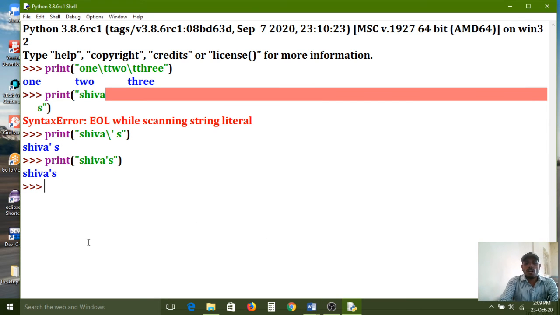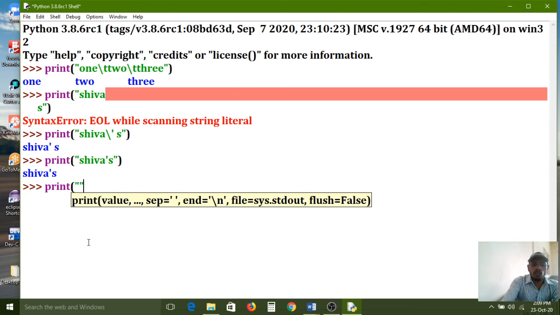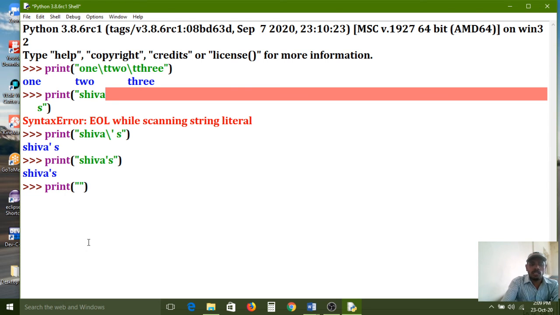Next, double quotes. All of you carefully observe. Here we have one confusion. In between double quotes, we have to configure something. Shiva. This is my name. Here the text is what? I mean Shiva directly it is printing. But I want to represent the double quotes also. This quote also I want to represent here. How is it possible? Print. By using escape sequence character, we have to use that one. But all of you carefully observe.